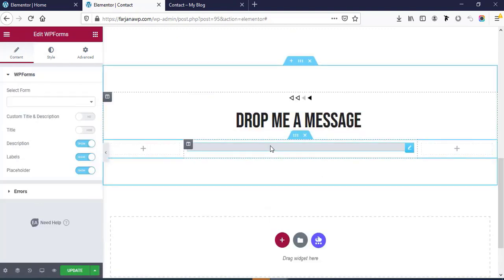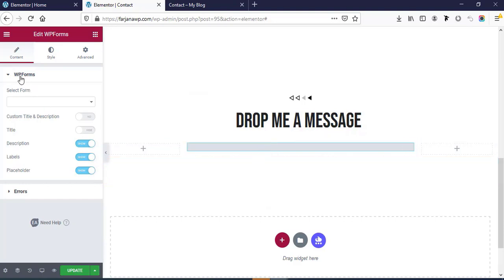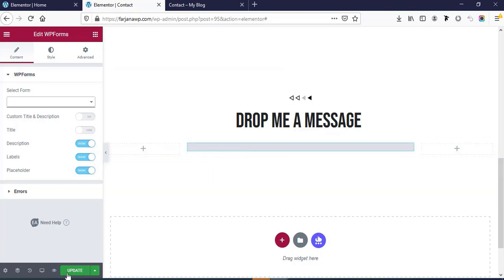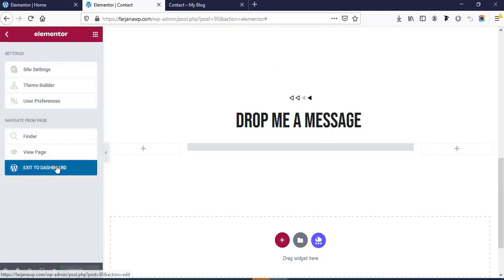And finally, if we click here, this is a form. It's coming from a different plugin, WPForms. So we still did not create any form there. So before styling this form, we have to create it from the dashboard. So I'm saving this page as it is. And now going back to the dashboard,